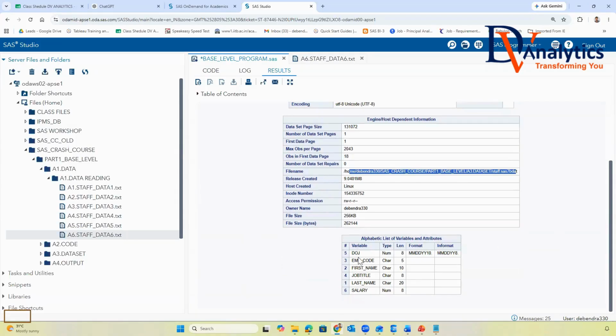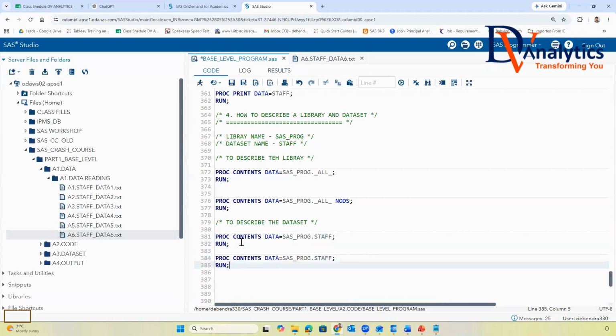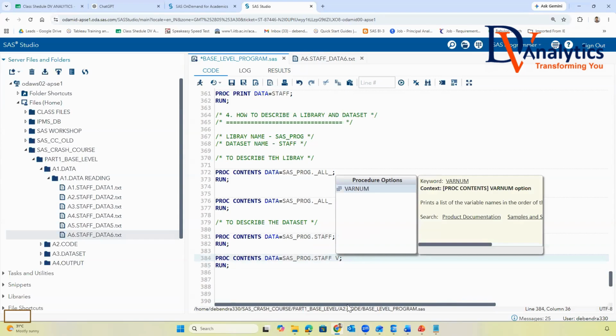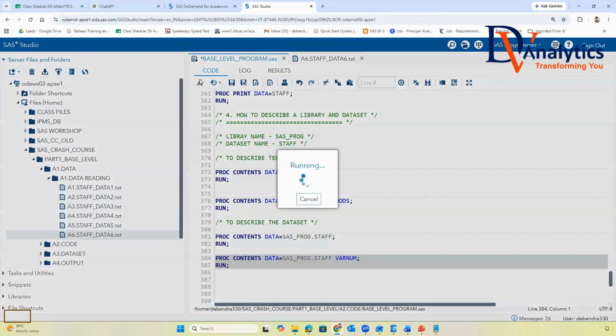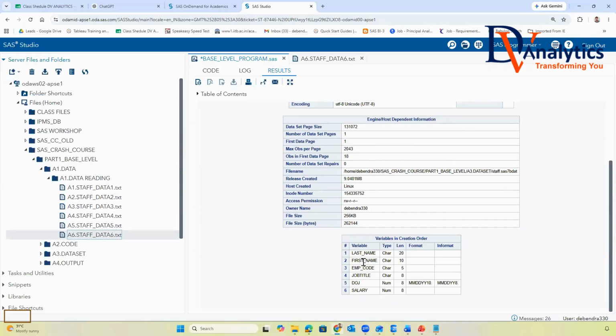All the variables are coming in ascending order. If you want to make this proper order, you can simply write varnum. Varnum means it will go as per the dataset's variable list, which is first last name, first name, employee code, job title, date of joining, and salary. It gives the data type, character or numeric, and the length.